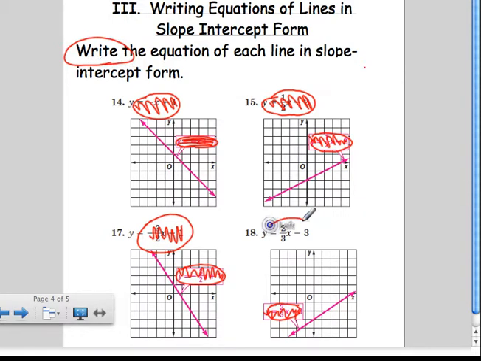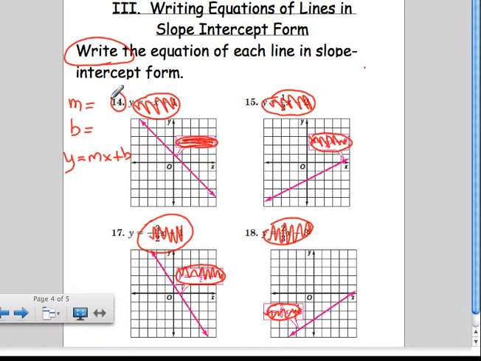In all three of these examples, you have four lines, and we're going to write the equations for them in slope-intercept form. In order to do that, all you need to be able to identify is the slope and then the y-intercept, so that you can substitute those values in to an equation in slope-intercept form. So I'm going to start with 14, then I'll do 15, I'm going to ask you to do 17 and